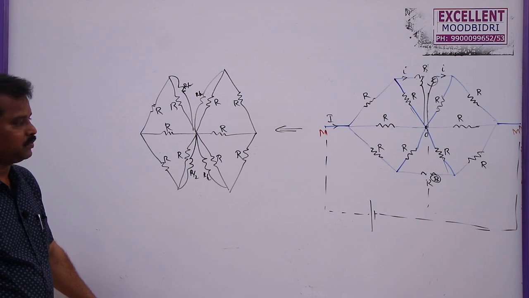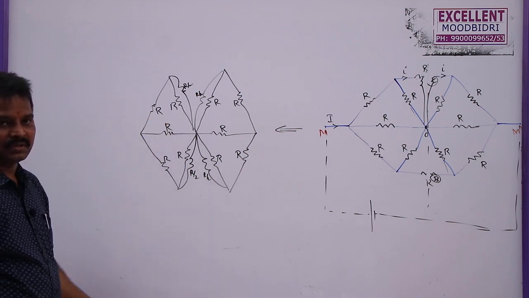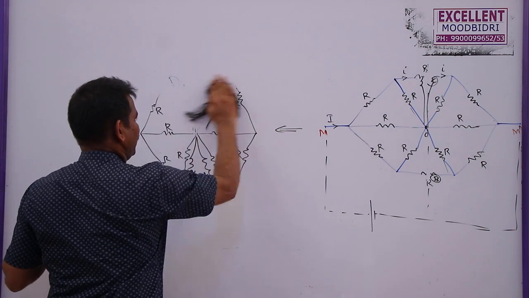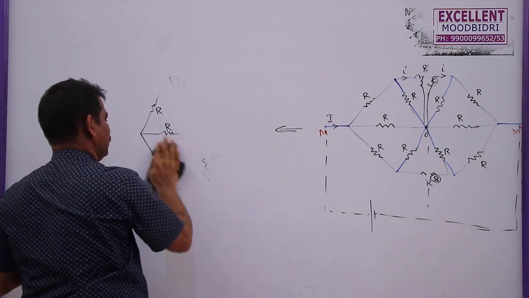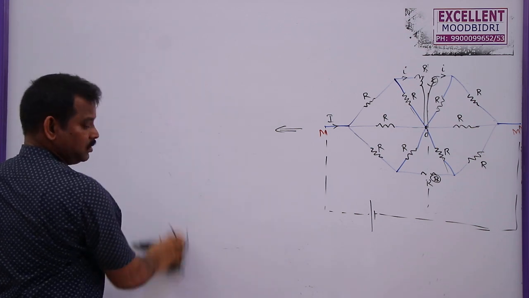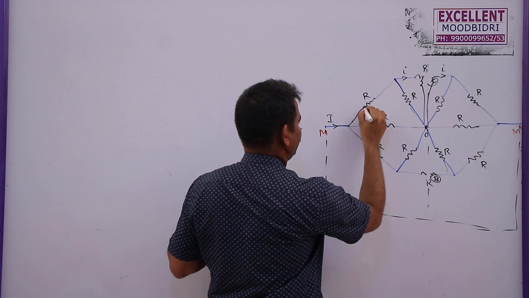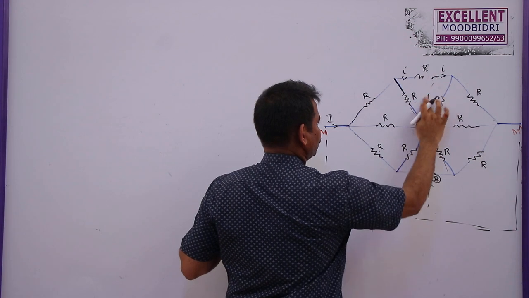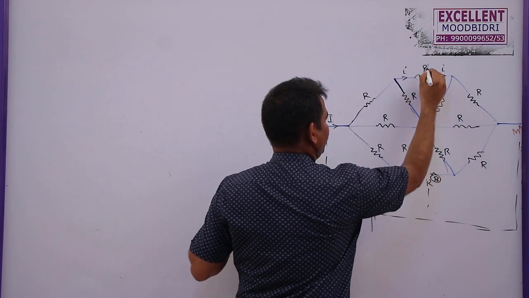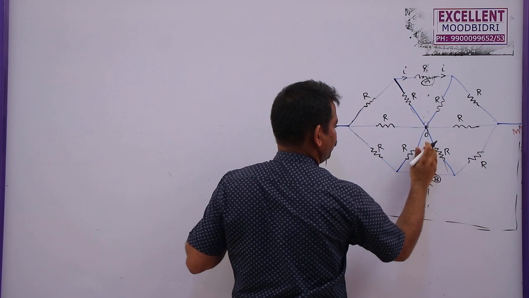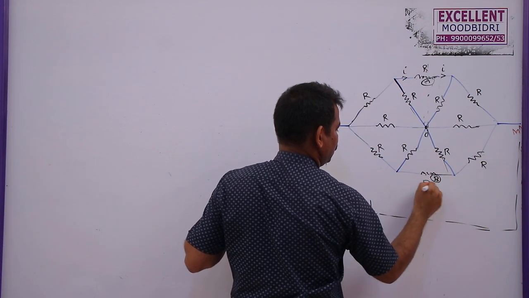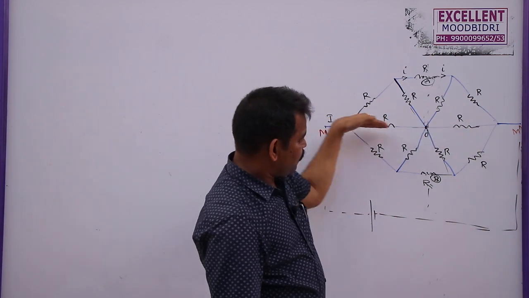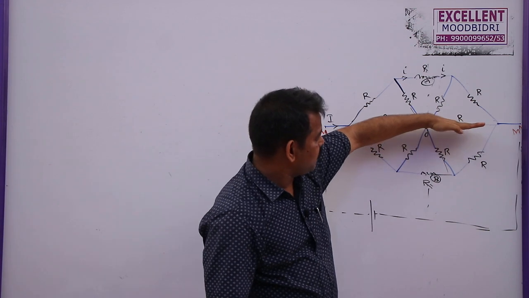This is one method of solving this problem. Already we solved a similar problem in the previous class also. But one more method is here in the same problem. As the paths are symmetrical in this diagram, that is, here the current will divide, this current will go here, and then here before connecting this, as A, O, B are at the same potential, what we can write, this is symmetrical about the parallel axis of symmetry also, that is about the x-axis also.